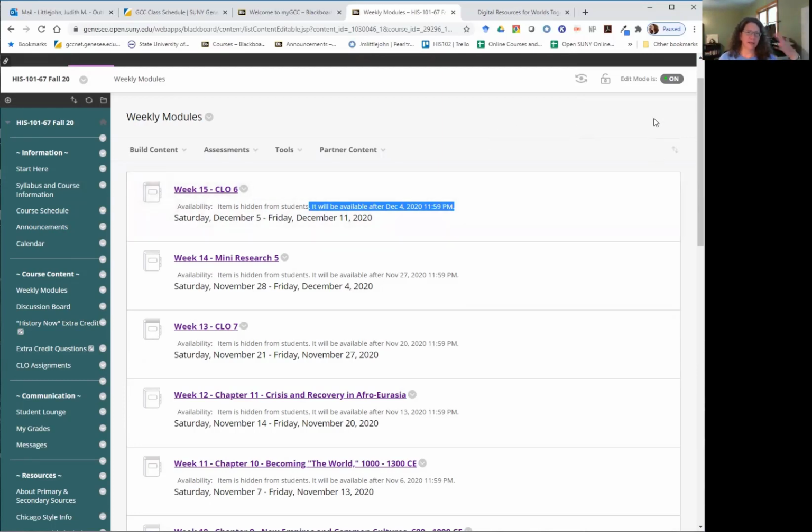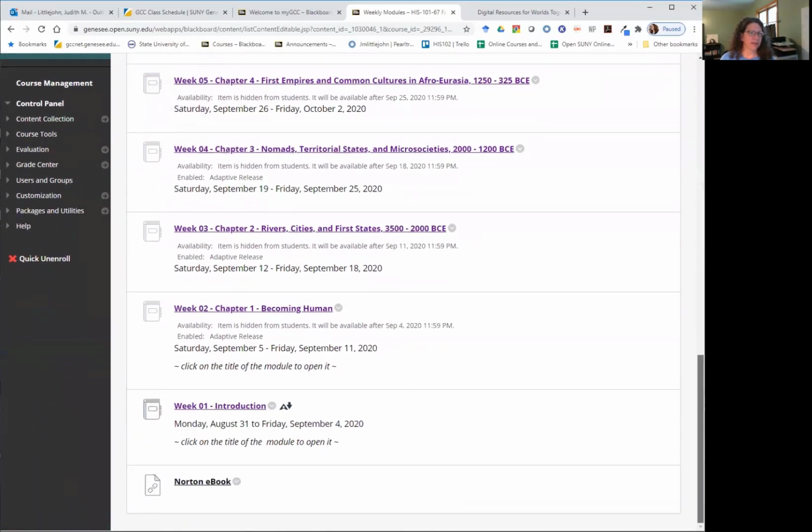And if you miss anything, if you need to catch things up from prior weeks, you'll just scroll down to find that week. So I'm going to drag it down here, though. Down at the very bottom, there's a link to the Norton ebook. You can buy it from that site right there if you don't have to use financial aid. But this is where we are, week 1, introduction.